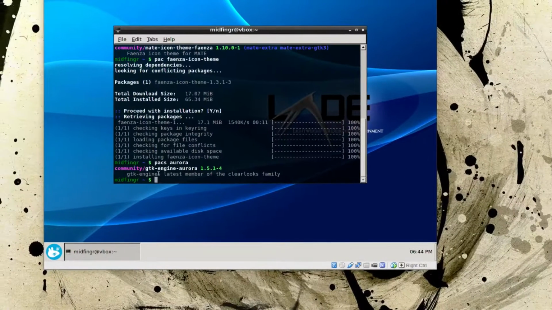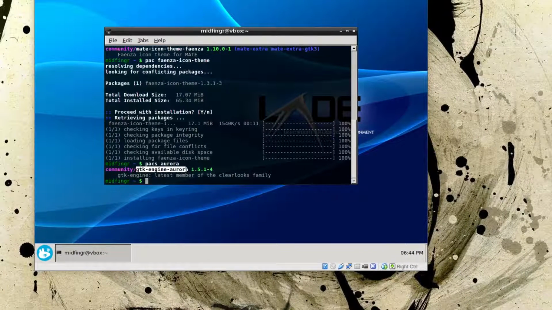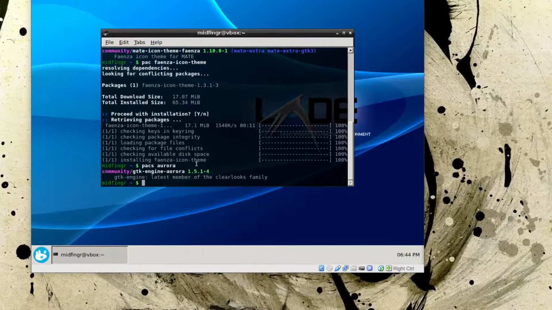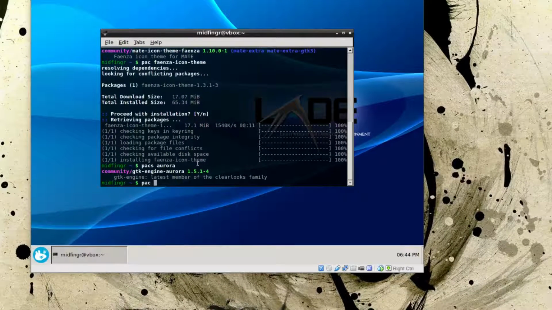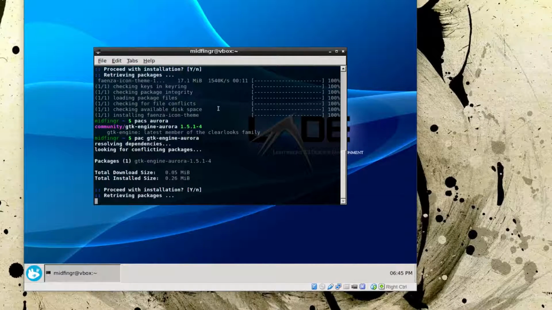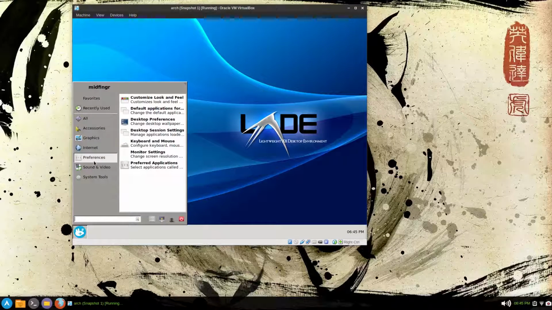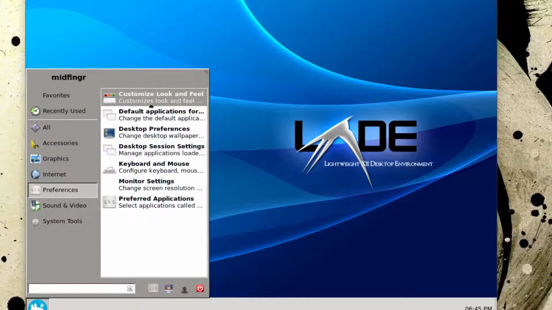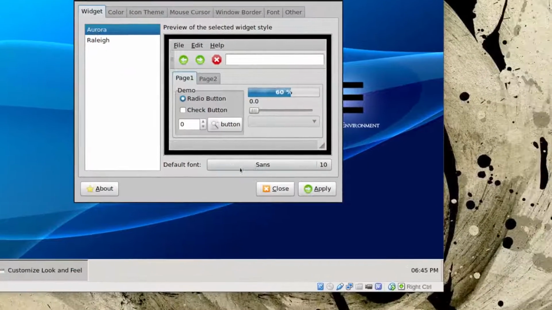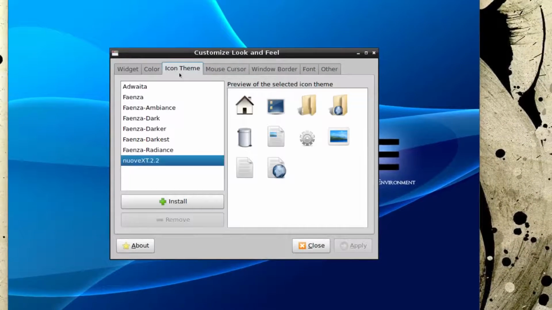I'm going to get this GTK engine Aurora. It's like the ClearLooks family, as it says here. So again, just copy and sudo pacman -S and paste that in and press enter and proceed with installing. So let's go to our Whisker menu, preferences, customize look and feel, and let's choose Aurora and click apply. That looks a little better. Round buttons